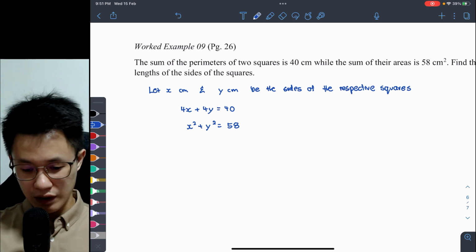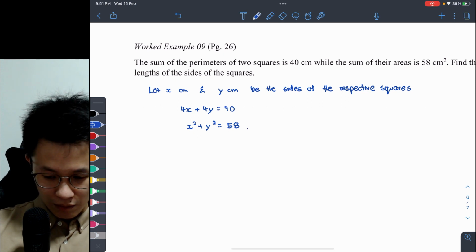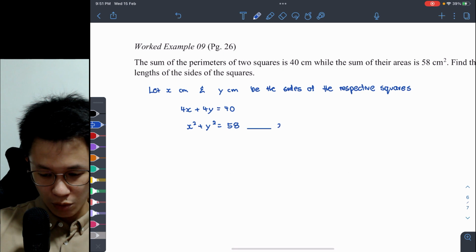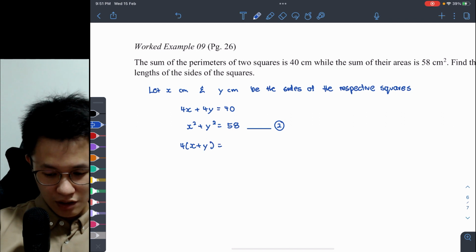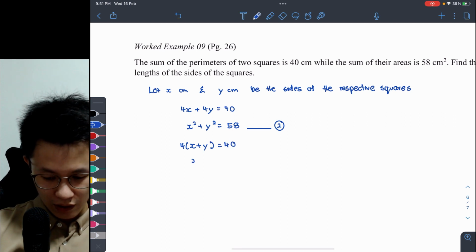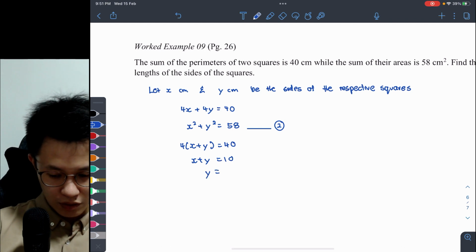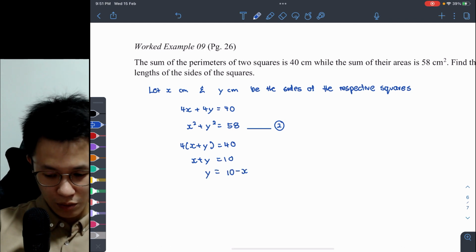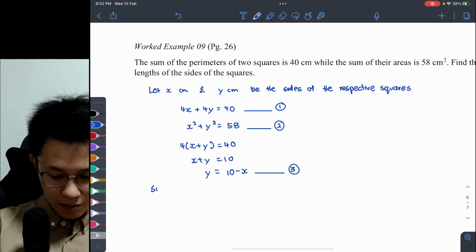We want to find x and y, so we definitely have to solve them. Let's name this equation 2, and derive 4 times x plus y equals 40 from the first one, giving x plus y equals 10, and y equals 10 minus x. Let's call this equation 1, and this is equation 3. So let's sub equation 3